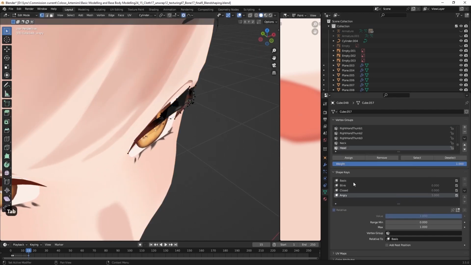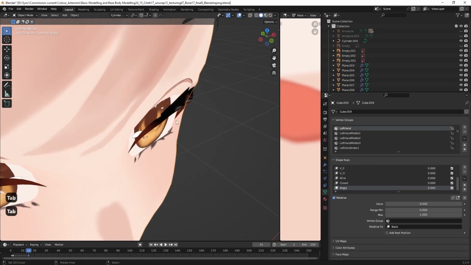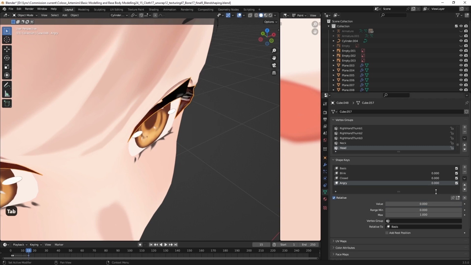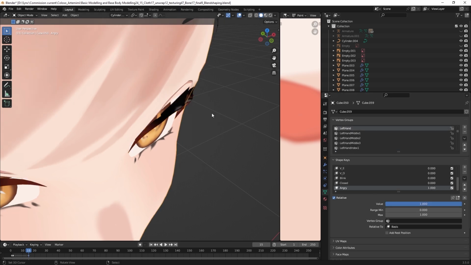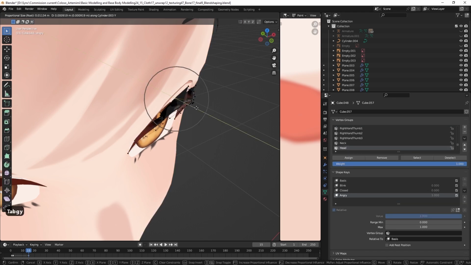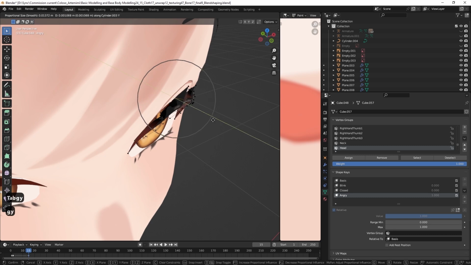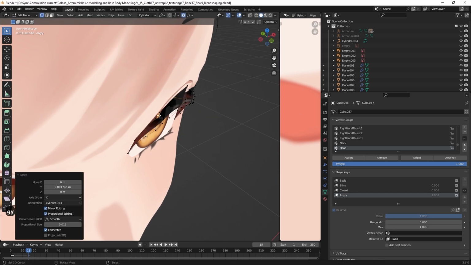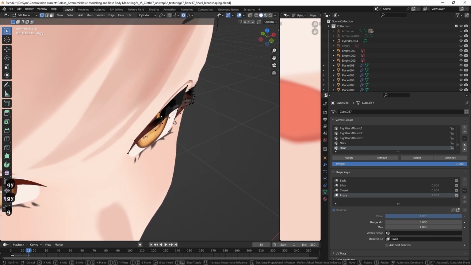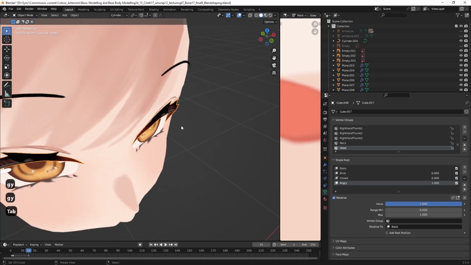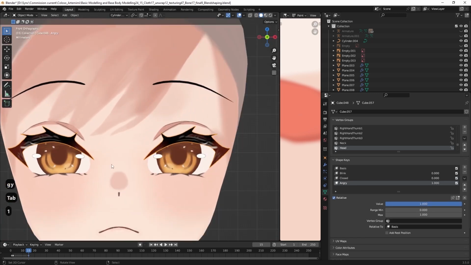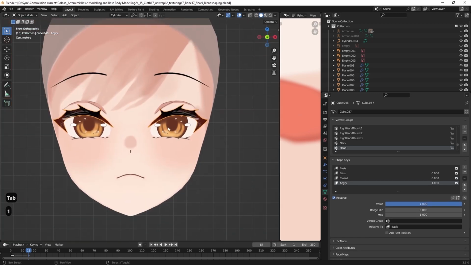Okay, and now what we're gonna do here is like angry here, and then we can move this to the back, use a smooth, and move it back like this, and here like this. All right, now it's down here.